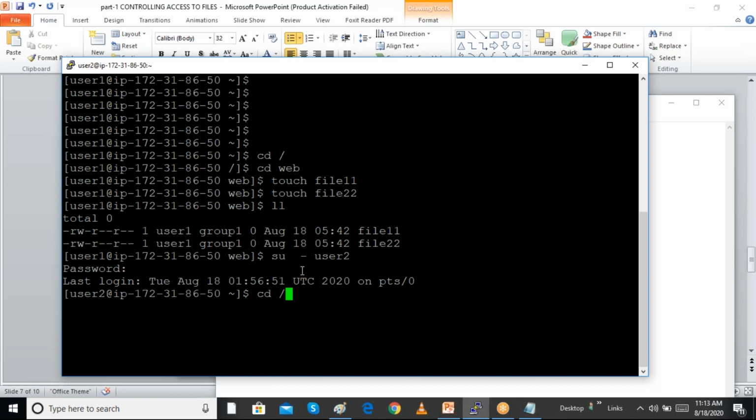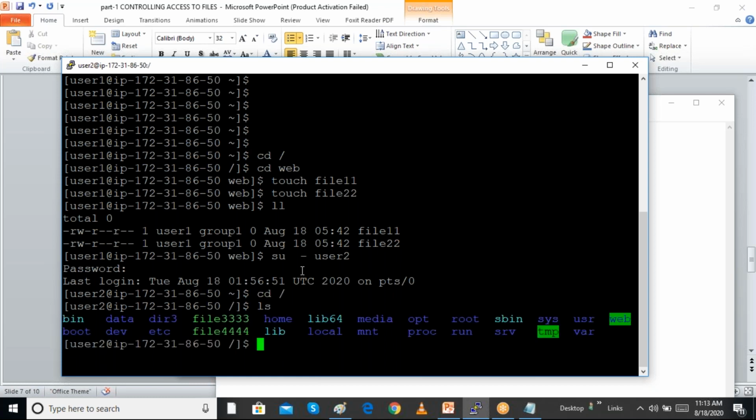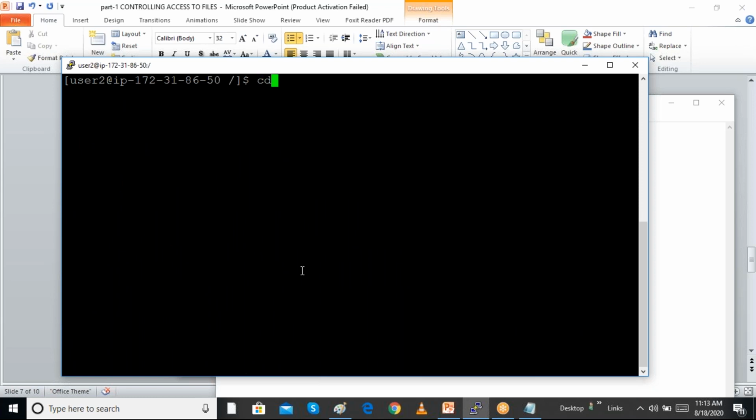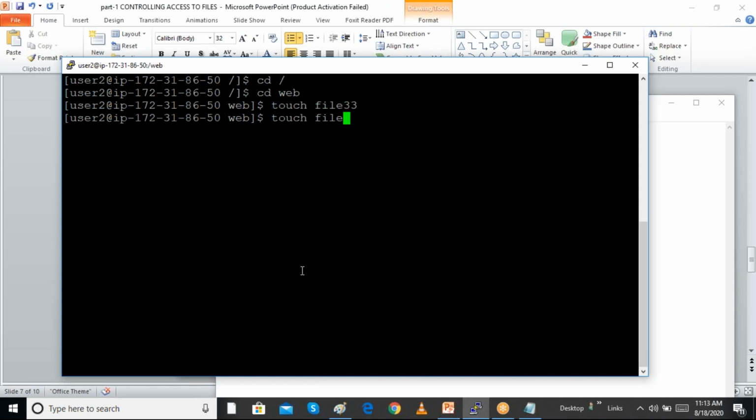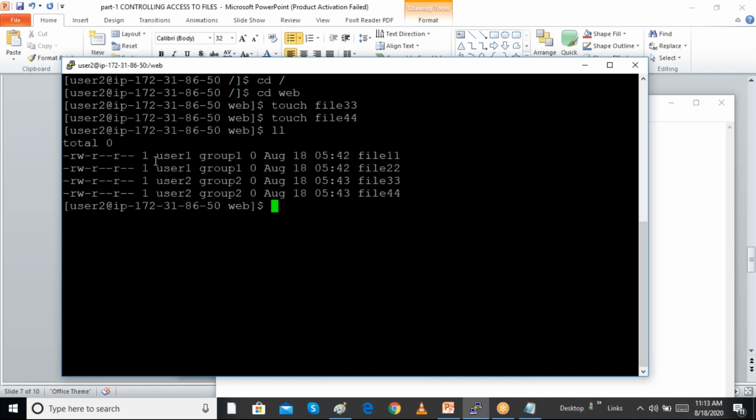I go to the root directory, then to the web directory, and create some files: touch file33 and touch file44. With ls -l, we can see the owner and group of user 1's two files, and user 2's files with their own group.